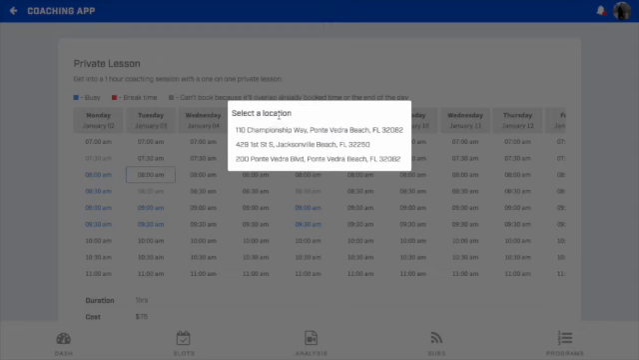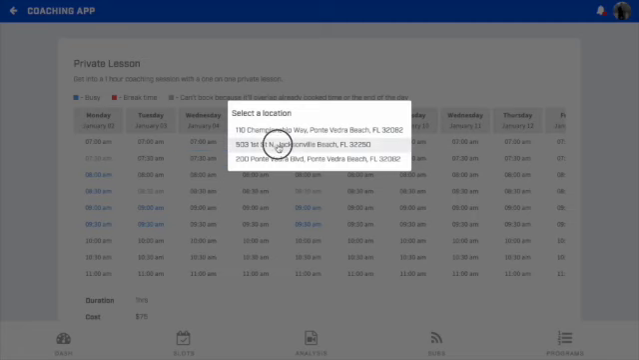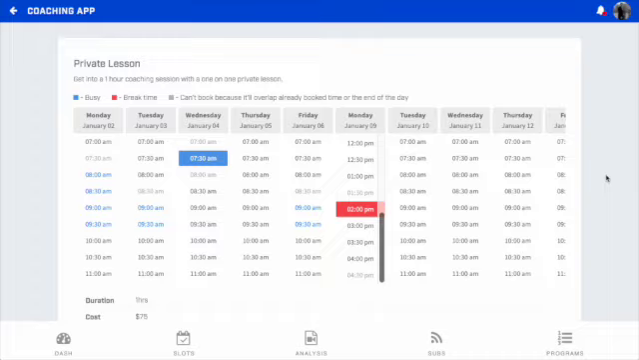So you pick on one of the dark colored ones here. So busy, break time, can't book because it'll overlap with the already booked time. So that's why these are grayed out. Okay, so we'll pick a time, we'll pick a location, and then once you've done that,